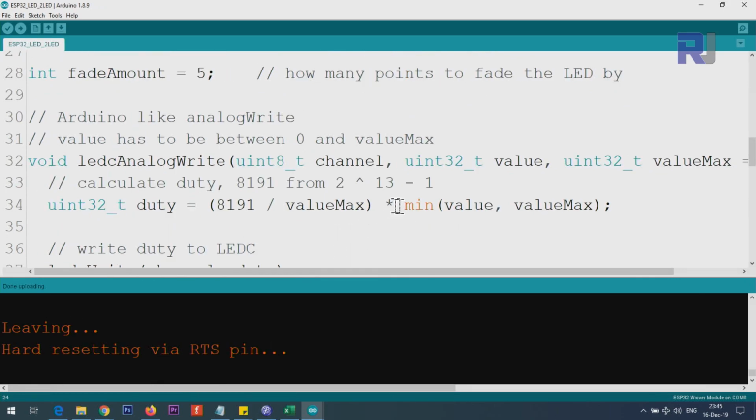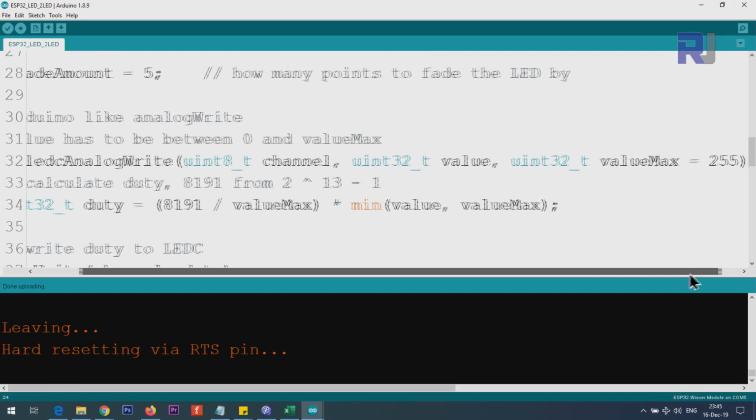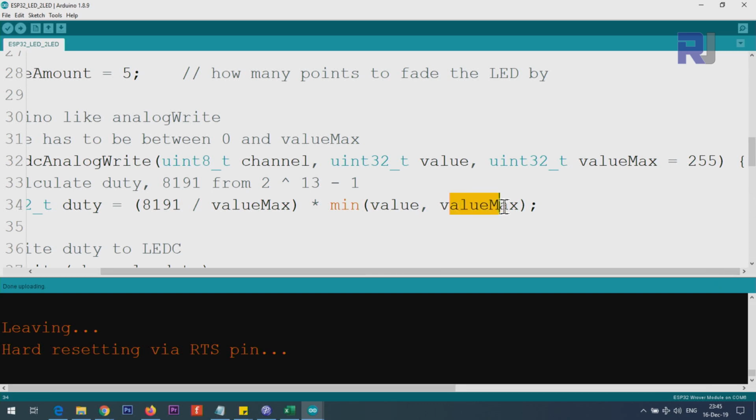The job of this portion is that, because the maximum value is 255, we use the function min, or minimum. You give it two values, and it always takes the minimum. Because this is 255, if the value that we pass here is less than 255, then it will be taken. If it is above 255, then this will be the minimum, and this will be the maximum. So this function will take the smallest value and multiply it by this factor, and then we get